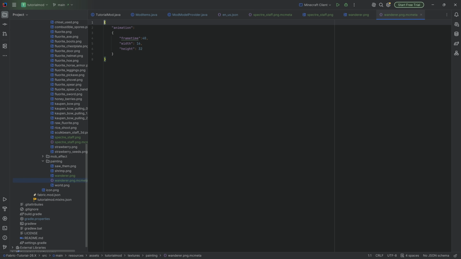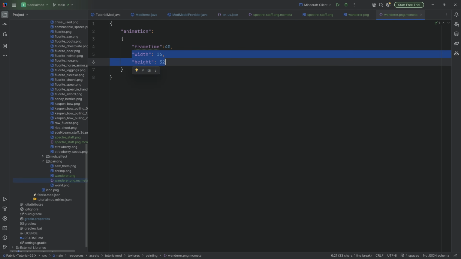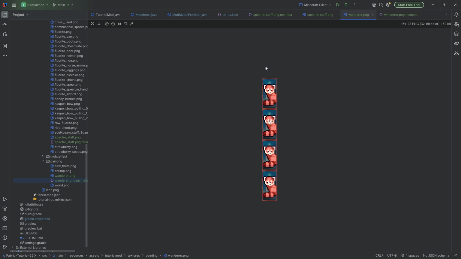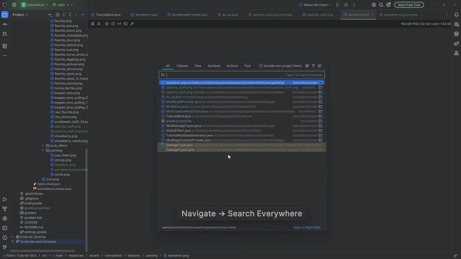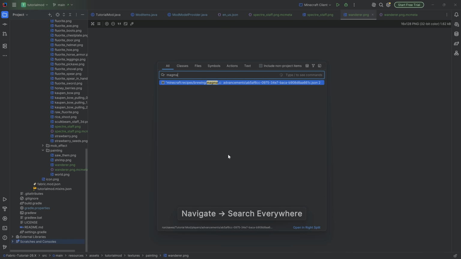And if we look at the MC meta file, we actually have this defined right here. The reason why we need to define this is otherwise it's going to take every 16 by 16, and obviously that would not quite work in this instance. But generally speaking, you can do all sorts of very cool things with this. I'm telling you, I highly recommend you play around with this. The vanilla one is specifically the magma block. So this is the magma block